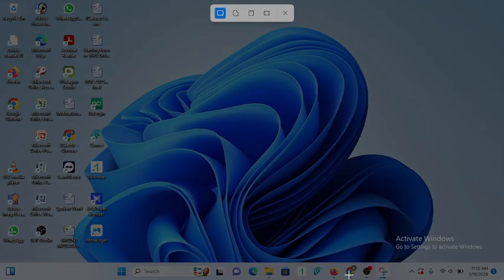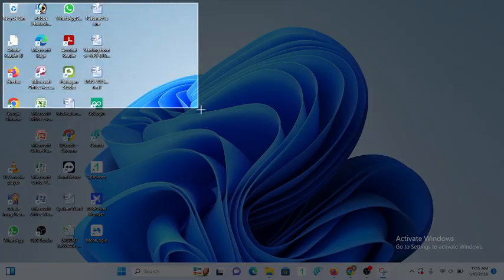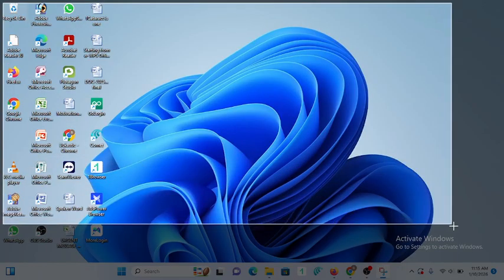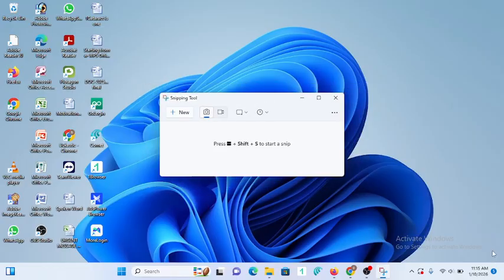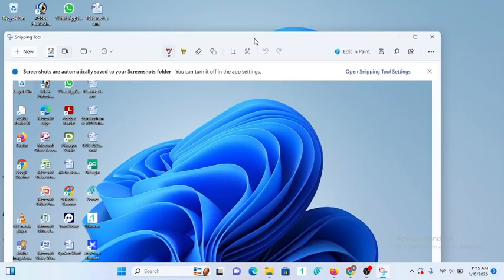And then the next thing to do is to scroll like this. So just scroll it this way. Make sure you drag what you want to screenshot. So in case you want to screenshot this, just drag it like this. So this is it, see, and then you click save right here,